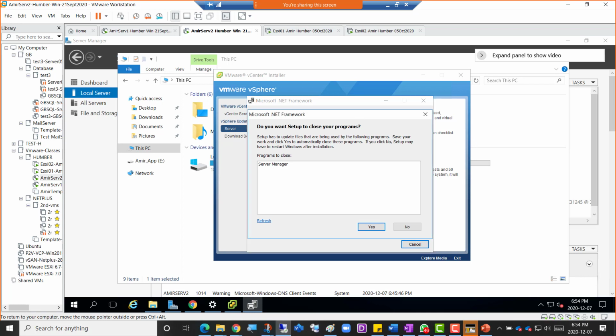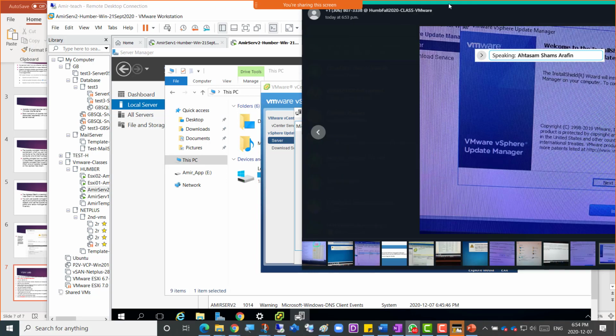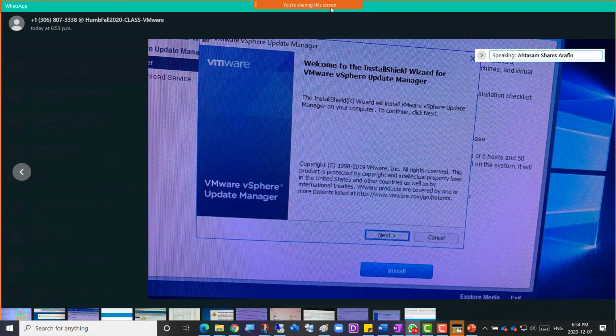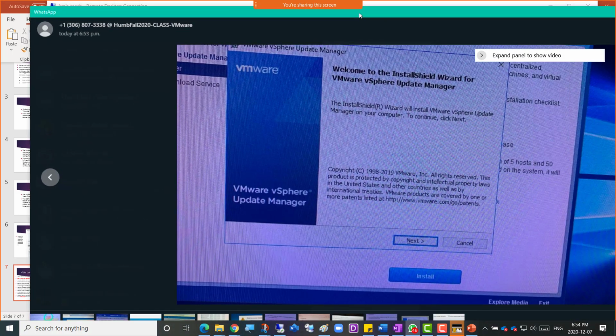So guys, some of you are struggling to have that. If you're still struggling to have this installed vCenter, then you can take my screenshots, but keep troubleshooting. It's good for you. Amir? Yeah. So from my side, is it okay? Automatically not updating. Maybe earlier my .NET is updated like that. Oh yes, then it's okay. Yes, that's very good. You're seeing this, which is good. Next.